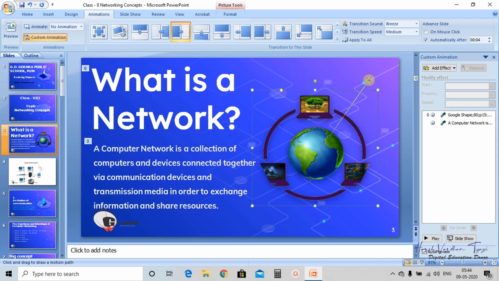I will select the starting point and then I am drawing this by pressing the mouse key. Suppose you have to put a stop here, so you press the left mouse button and then move further. Now I have to place a stop here, then again bring your cursor to the desired position and press the mouse button this way. Now I am drawing a custom path, meaning my object will follow this path for moving around on the slide.